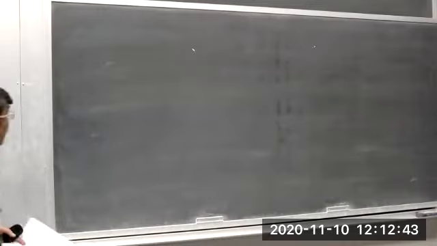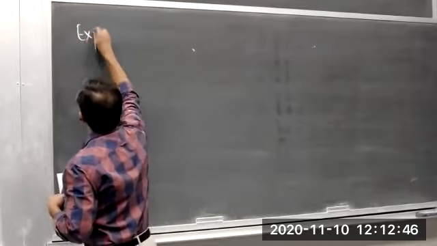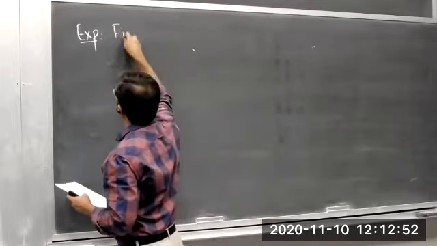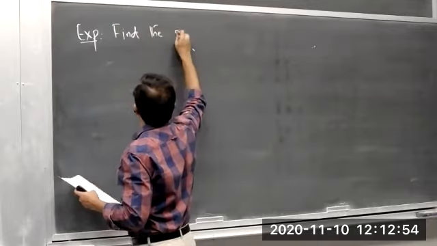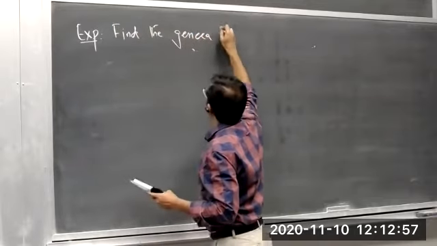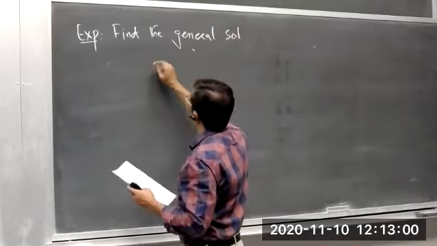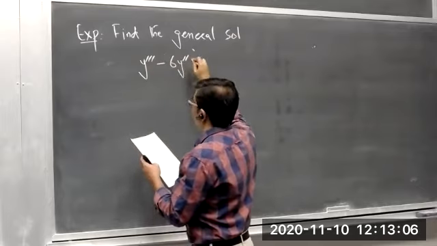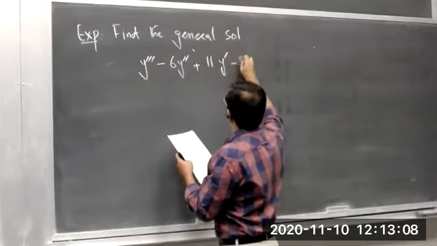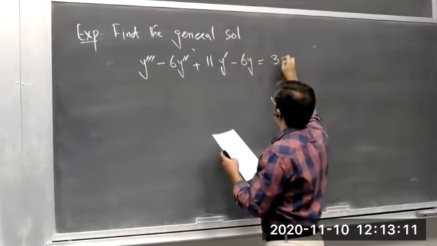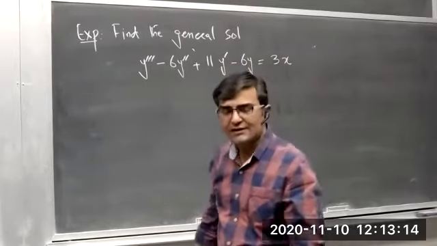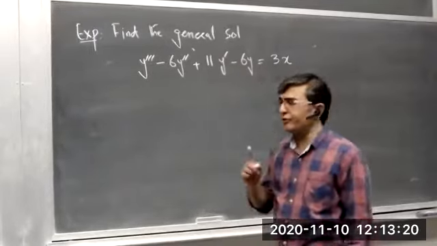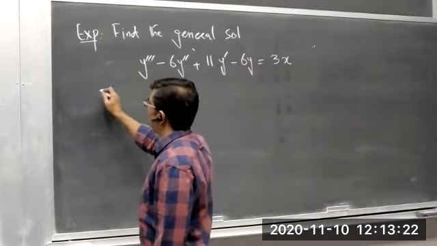Example: find the general solution of this ODE, y triple dash minus 6y double dash plus 11y dash minus 6y is equal to 3x. You should remember that this method is only applicable